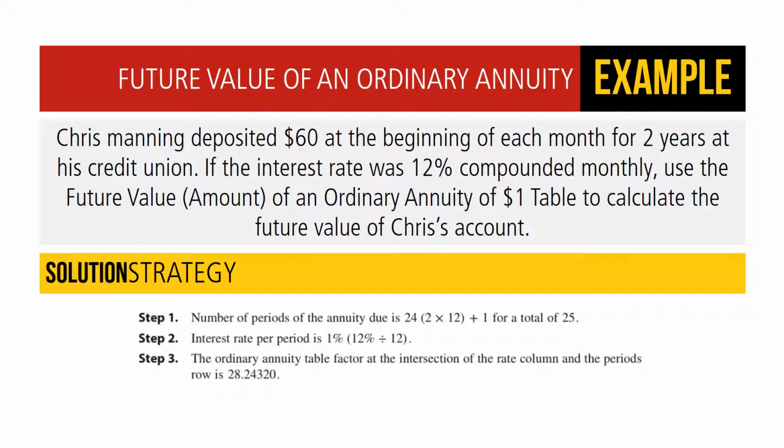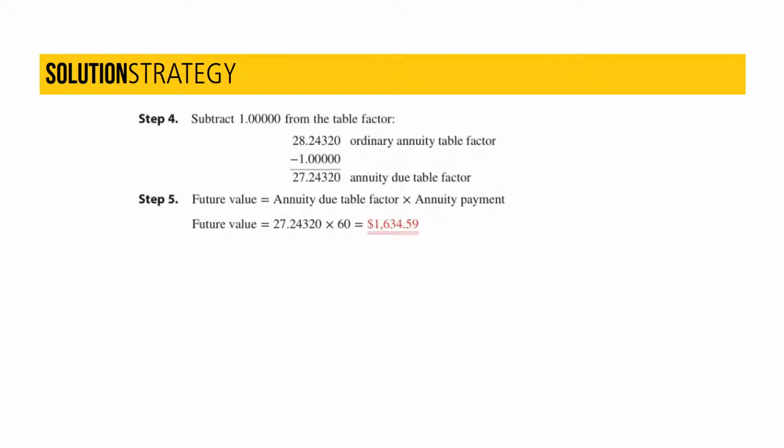Let's take a look at the solution strategy. Step 1. The number of periods of the annuity due is 24, 12 times 2, plus 1 for a total of 25. Step 2. The interest rate per period is 1%. That's 12% divided by 12. Step 3. The ordinary annuity table factor at the intersection of the rate column and the periods row is 28.24320. And subtract 1 from the table factor, so that's 28.24320 minus 1, which is